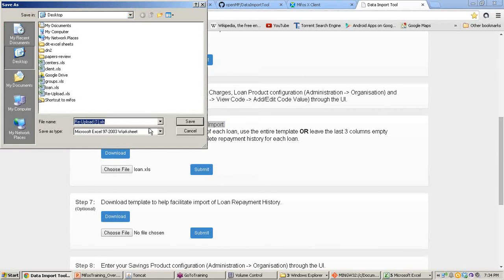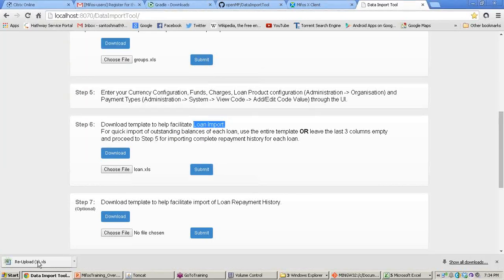There might be some mistake. Let's check it. If there is an error, it will send one more Excel file. Let's check what it is.